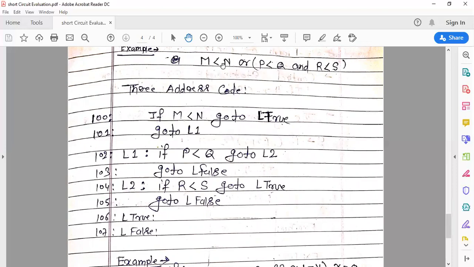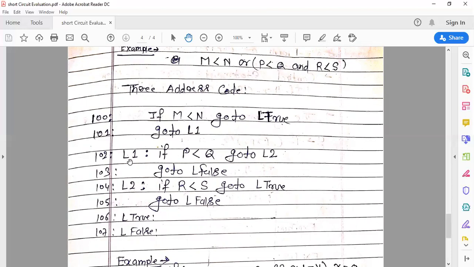But if m less than n is false, then the control goes to 101, go to L1. Go to L1 means this is the false case. If this condition is false, the control jumps to L1.